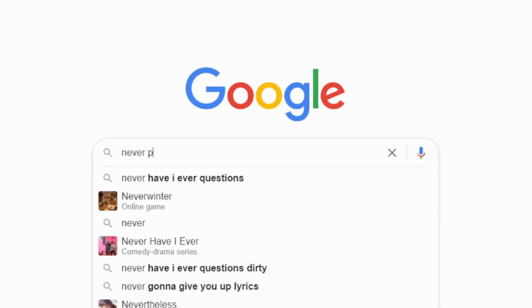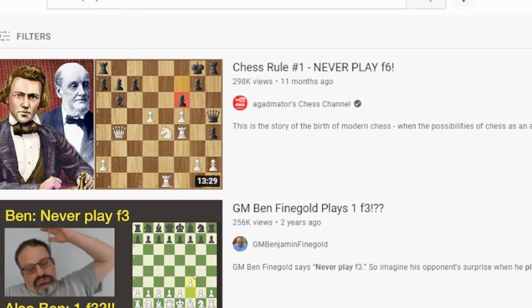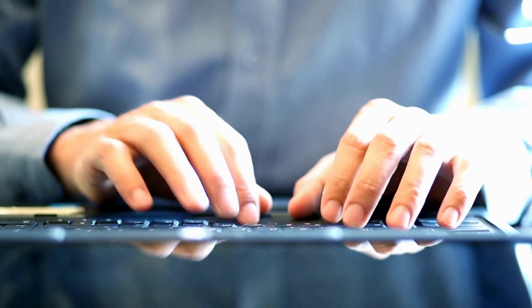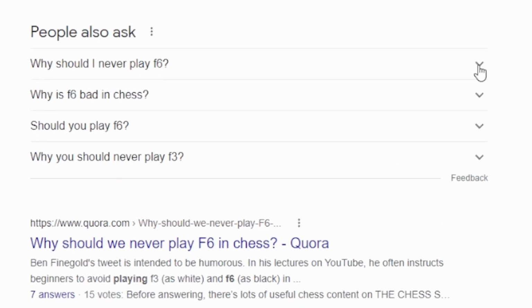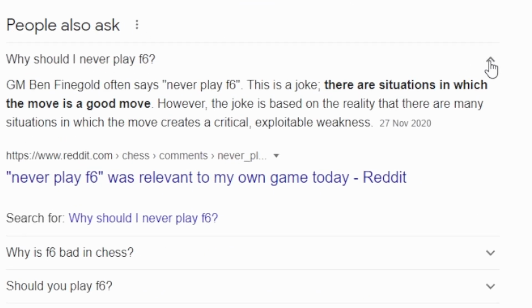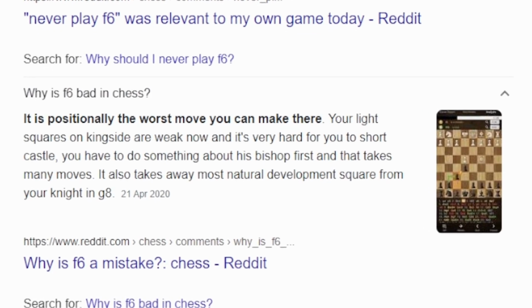If you're a chess player who's spent any time on the internet, you've probably come across the saying never play f6. But if you search a little bit deeper and try to think why you shouldn't play f6, it's a little bit more difficult to find information. Either you're just told that you're creating weaknesses, or you get a whole big chunk of information that doesn't make sense at all. In this video, I'm going to explain to you exactly why you shouldn't be playing f6